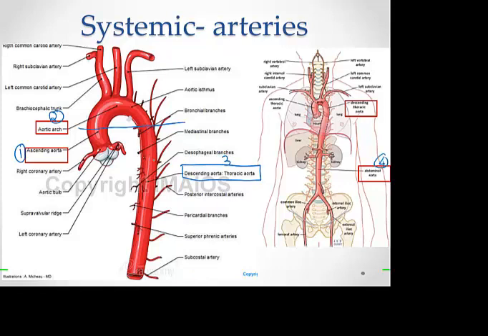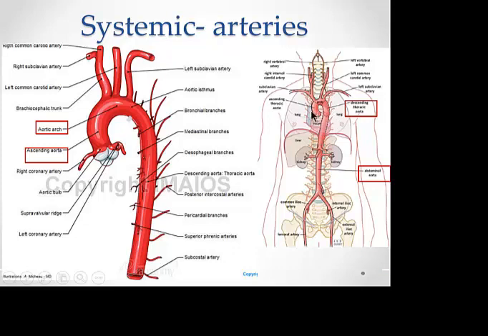Otherwise, very often people just refer to this whole segment, which is both in the thorax and the abdomen, as the descending aorta. So we have ascending, arch, and descending aorta, with the descending divided into a thoracic portion and an abdominal portion. Followed? Yes? And here, you can see this is the ascending aorta, this is the arch of the aorta, this is the